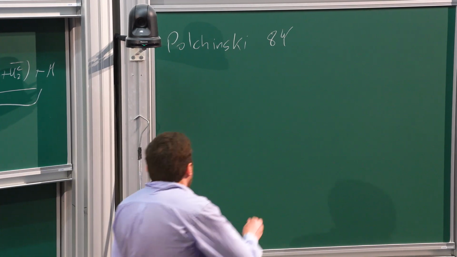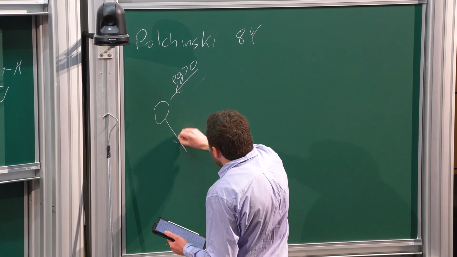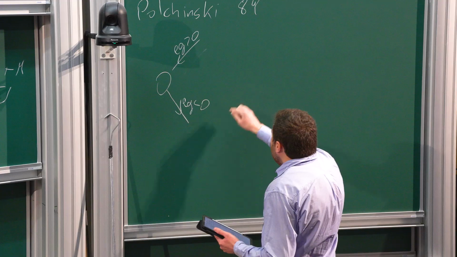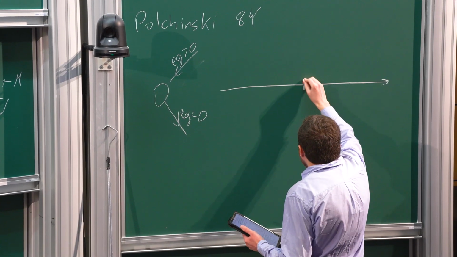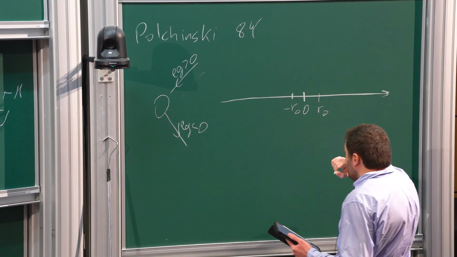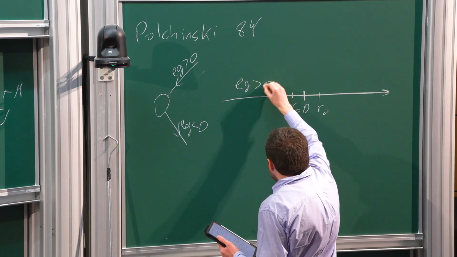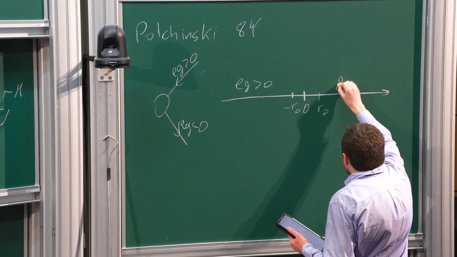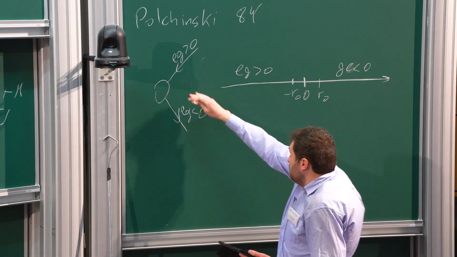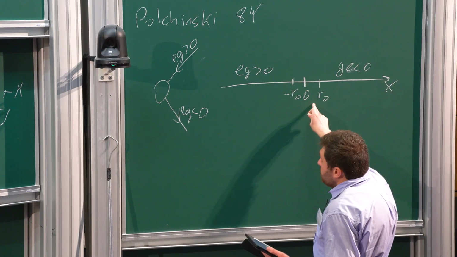The idea is that E times G bigger than 0 is ingoing, E times G less than 0 is outgoing. Instead of thinking ingoing and outgoing, let's think about quantum field theory on the real axis, such that I have a monopole at the center with some size R0 that will be taken to be 0 at the end, and I will map the ingoing direction at the negative side of the axis and the outgoing direction at the positive side of the axis. So the scattering problem we reduce to the problem of propagation of the field on the real axis, where you have some impurity at the center.